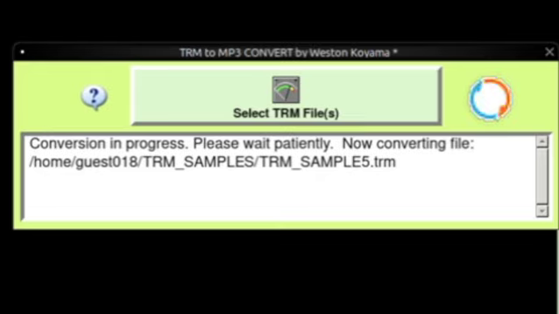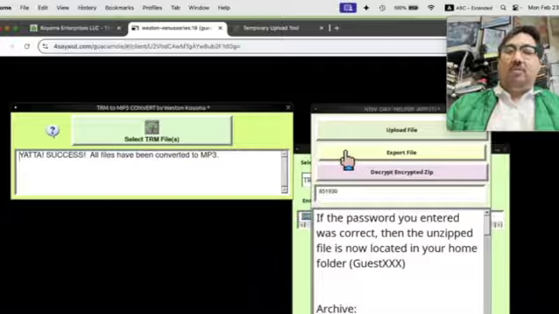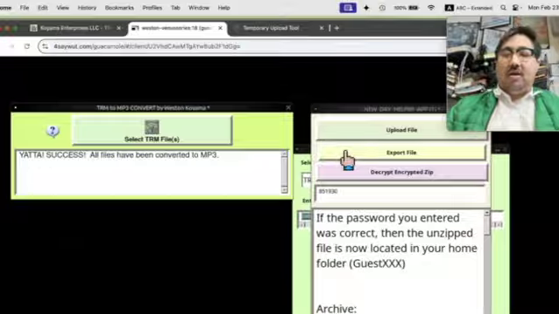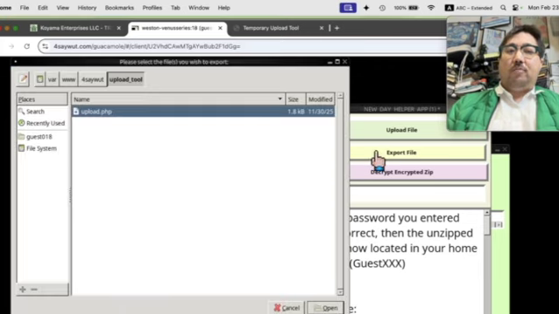This is helpful especially if you have a whole bunch of TRM files that you want to convert at once. You can convert batches of TRM files all at once. So you can see it converts one after another, and it's pretty efficient. Okay, when the TRM files are done converting, you'll get a success message, and now we can export the files that we just created. To do this, go back to the helper app over here and click export file, and